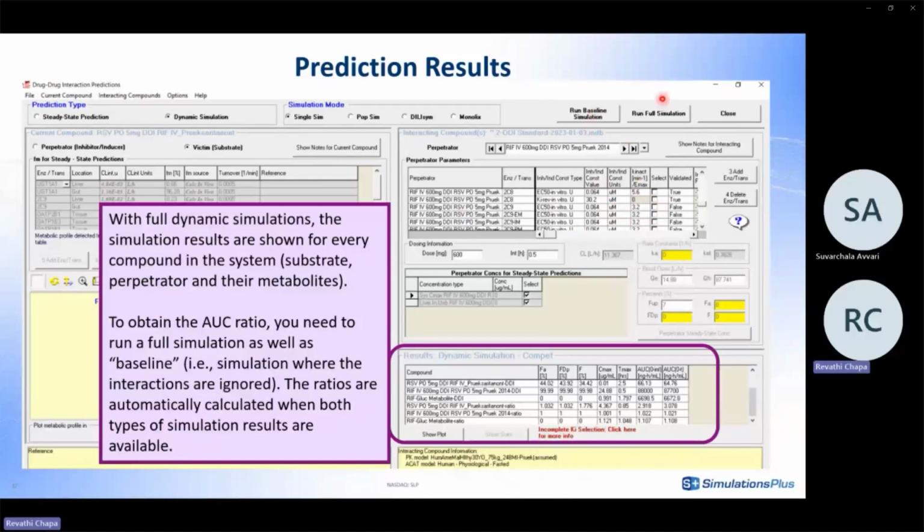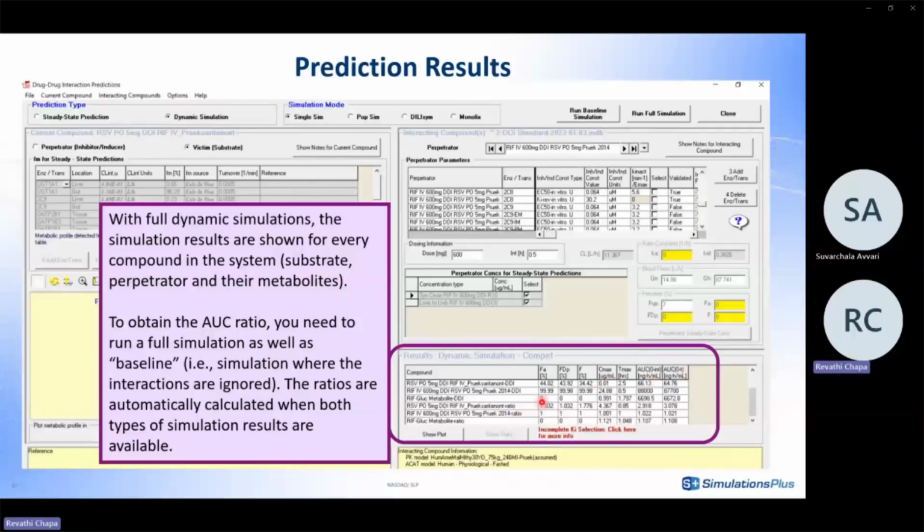But when we want to see the DDI effect, we need to run the full simulation, where we can see how much your compound rifampicin is causing a change in AUC or Cmax of the victim or substrate, here rosuvastatin. Once the simulation is finished, you get this dynamic simulation output. For example, you can see how much your FA is changed, or FDP, which is the fraction that makes up the portal circulation, and your change in bioavailability. You can see how your Cmax, Tmax, and AUC 0 to t and AUC 0 to infinity change.